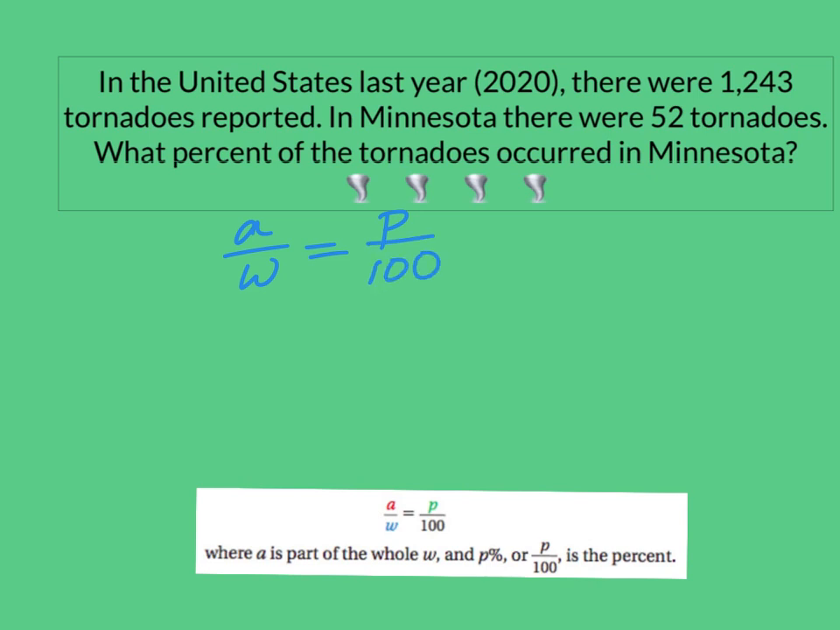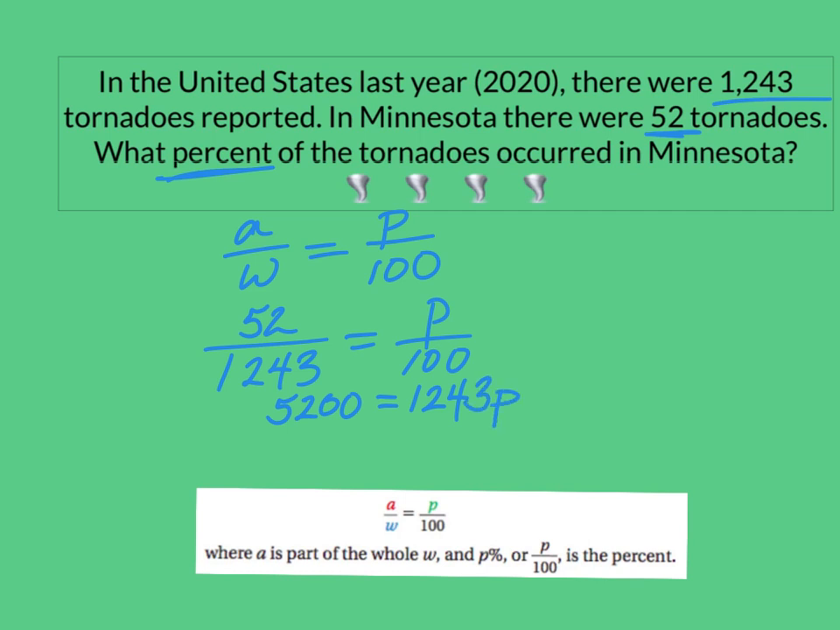My part is the part that was in Minnesota. So I'm going to fill in 52. And then my whole is that total number of tornadoes. And I'm solving for the percent. What percent were in Minnesota? And so this is one definitely I'm going to use cross products. So when I do my cross products, 52 times 100, I'm going to get 5,200 equals